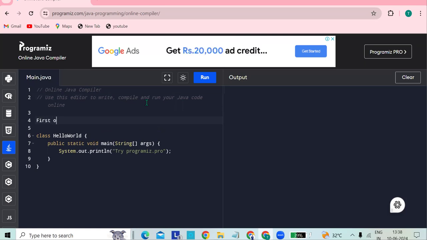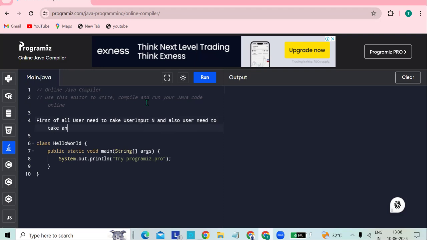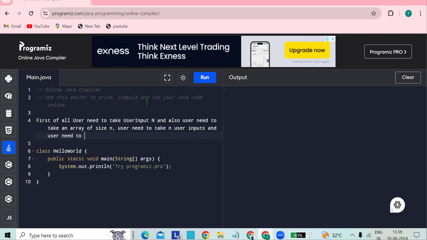So first of all, the user needs to take user input n, and also the user needs to take an array of size n, and the user needs to take n user inputs, and the user needs to print the values in an array where odd numbers